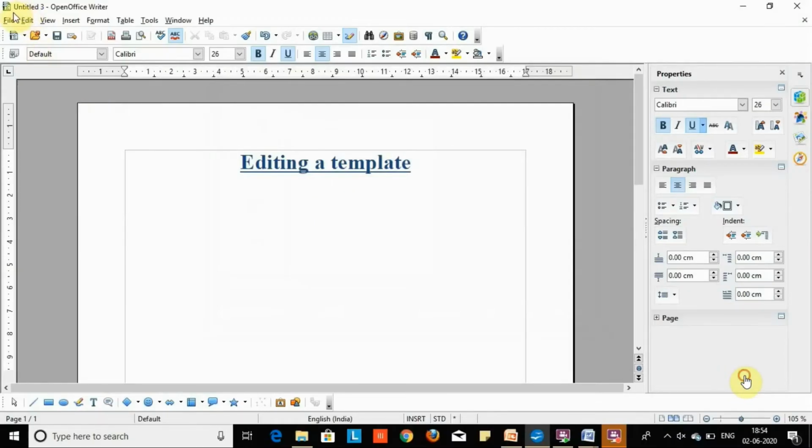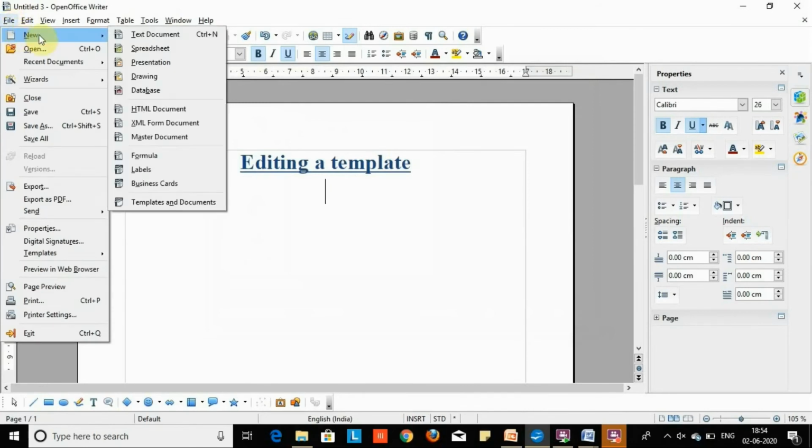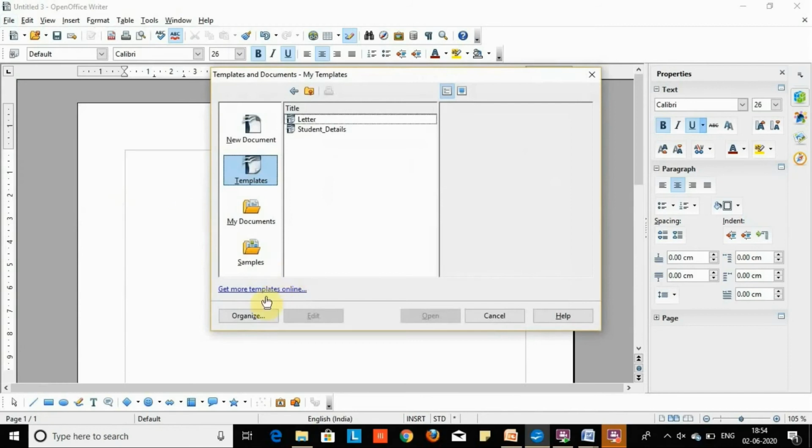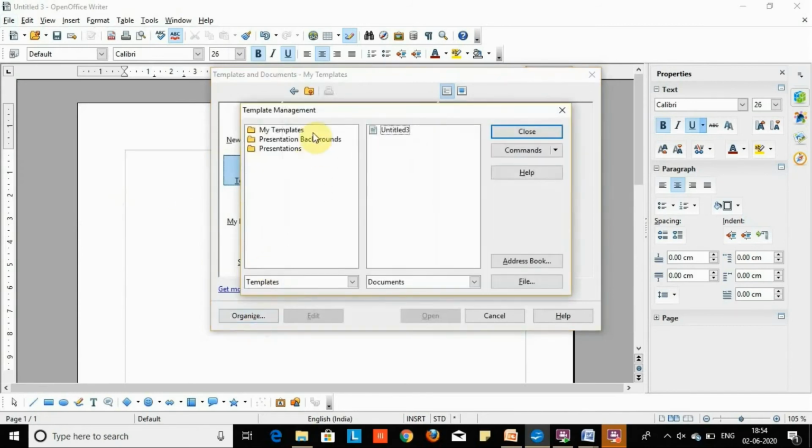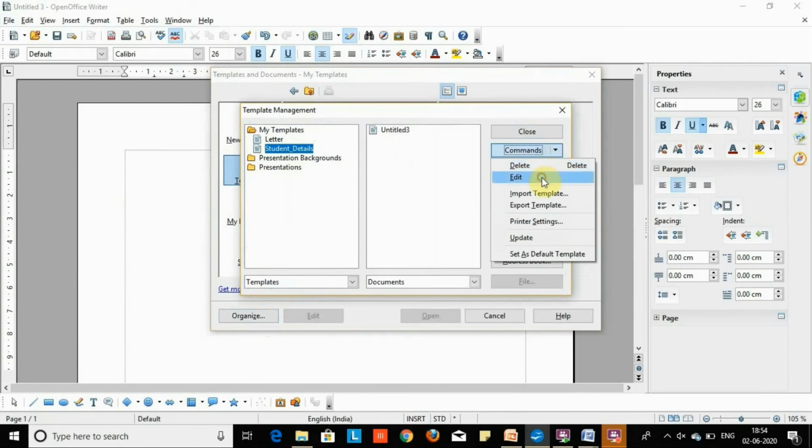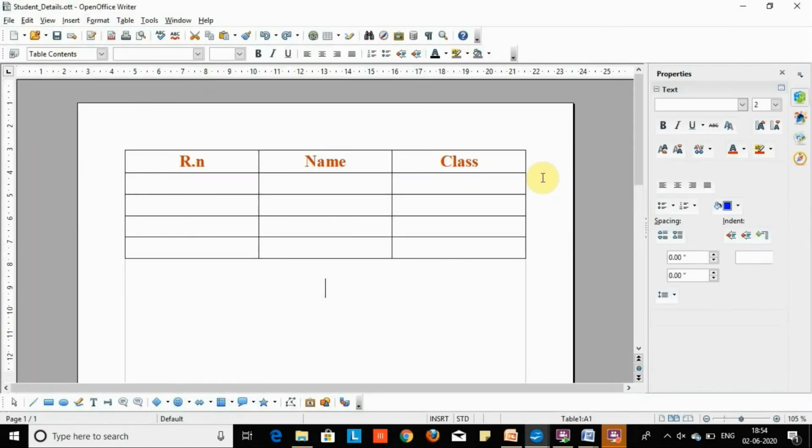Firstly, click File, then New, and then Template and Document, and then Organize, and select a category, then select your template, and then click the Commands button and Edit, and your template is open, and here you can edit.